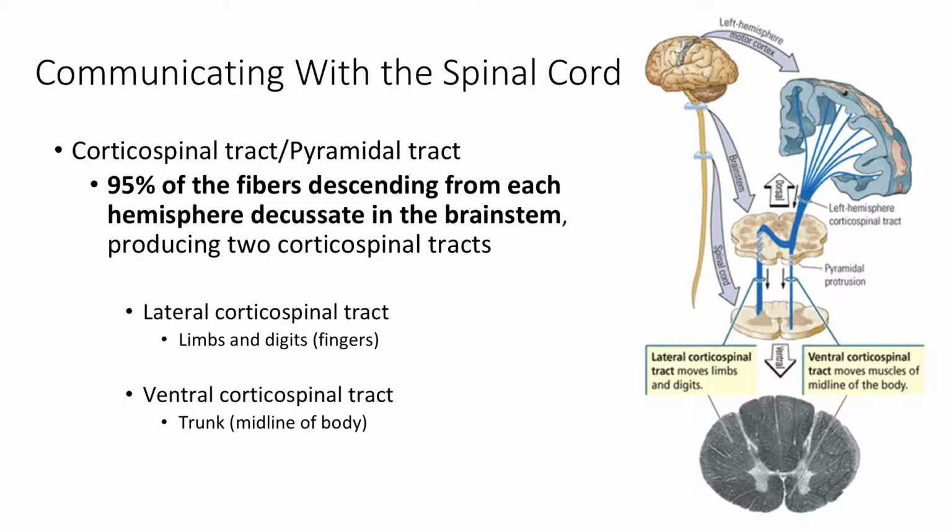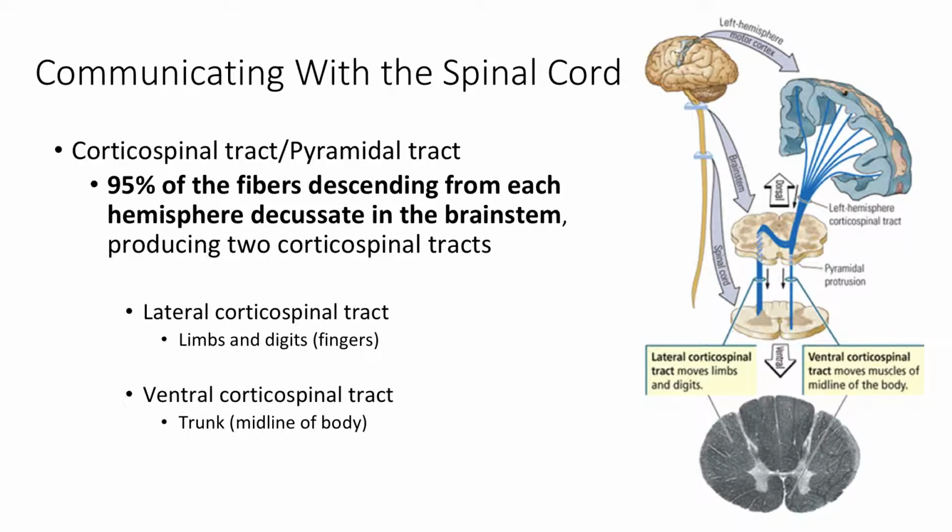So the fibers that cross over form the lateral corticospinal tract. They go way more to the outside, and they are the lateral corticospinal tract. And the ones that remain on the original side form the ventral corticospinal tract, and they're way more ventral in the brainstem. So the lateral corticospinal tract will control the limbs and the fingers and the toes, and the fibers that don't cross over, the ventral corticospinal tracts, will control the midline of the body,